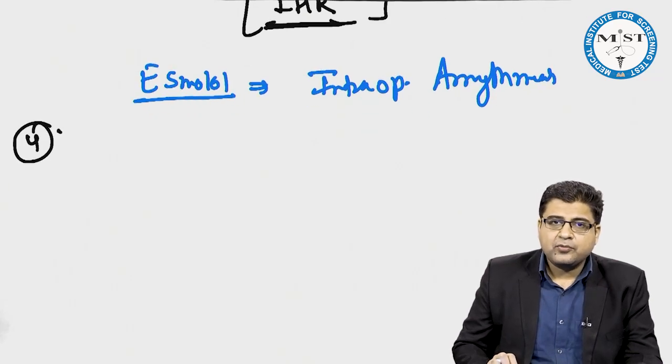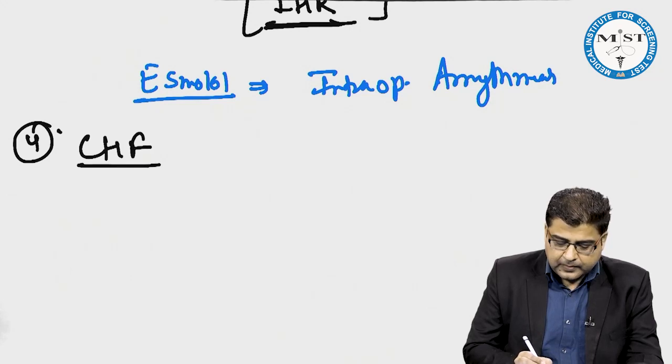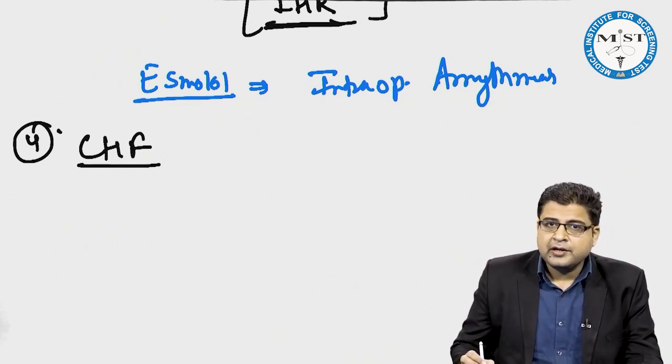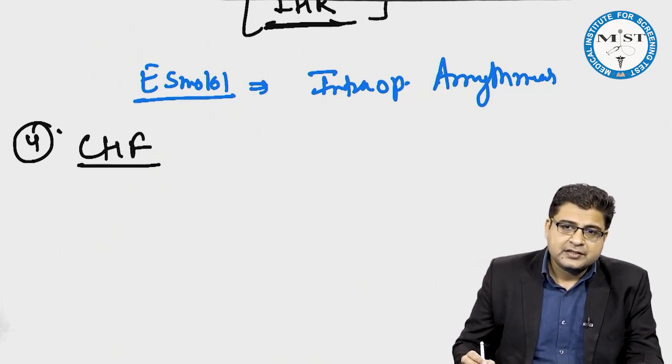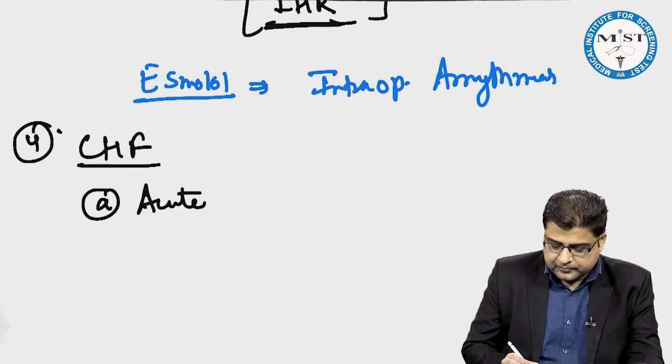Fourth indication of beta blockers. Beta blockers are given for the treatment of CHF. Now please remember, in patients of CHF, the patient can present to you in a decompensated state as well as in a compensated state. So in patients of acute decompensated heart failure,